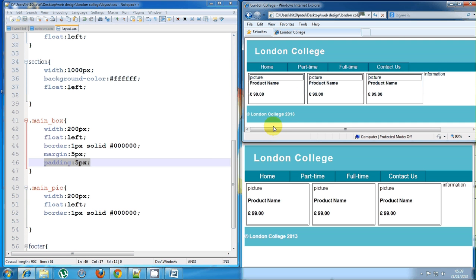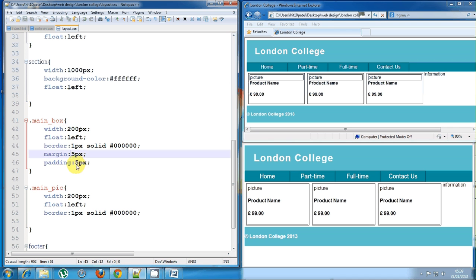So it can get hectic if you're not following the adding of the width, the borders, the padding. Okay, so at the moment it's coming up okay, it's not that bad for the picture. And what we need to do is do the same thing